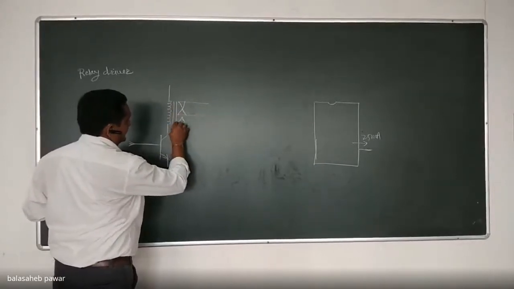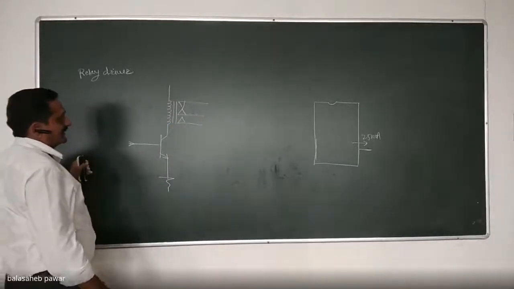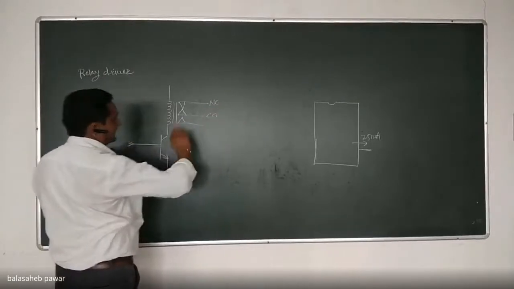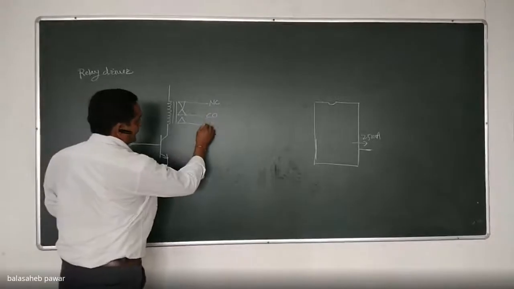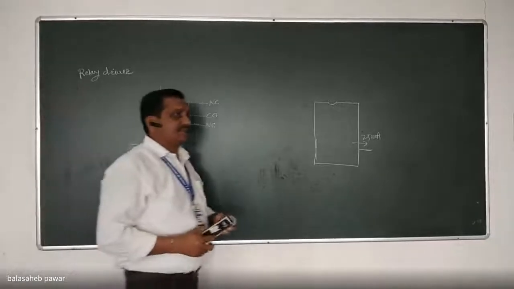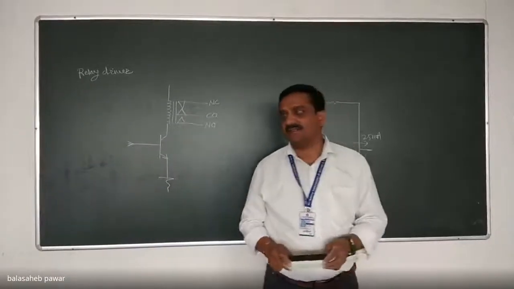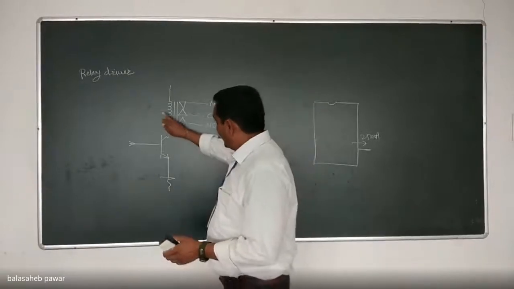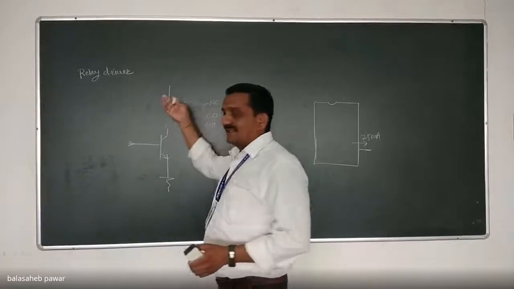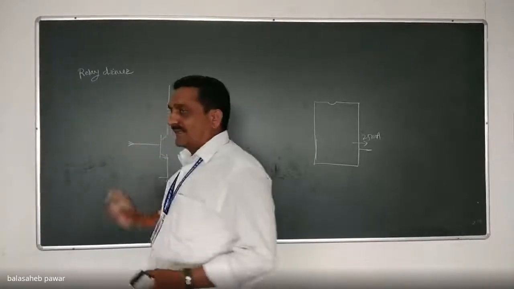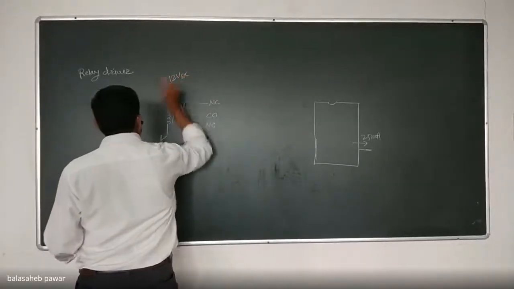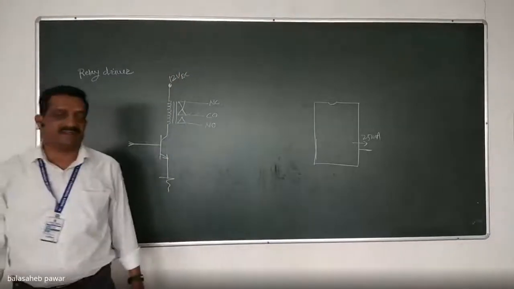There are 3 terminals as output terminals of that relay. Which are those? The first one is normally connected. The middle one, which shifts, that wiper terminal, is known as the changeover, and normally open. So NC, NO, and changeover. These are the 3 terminals of that relay. Okay. So see, when this relay operates, this changeover will shift towards NO, because current will pass, that coil will get energized, and that relay will operate. It is like this, right? So here we will consider this is 12 volt DC. Is it okay?